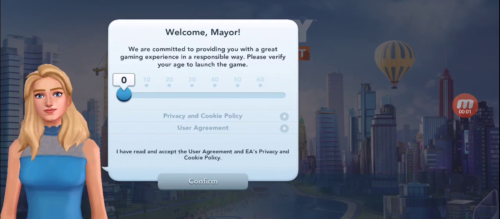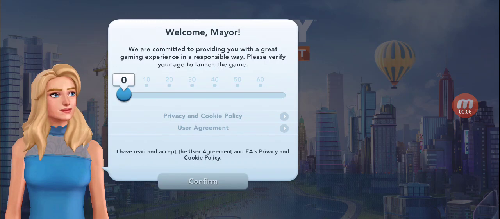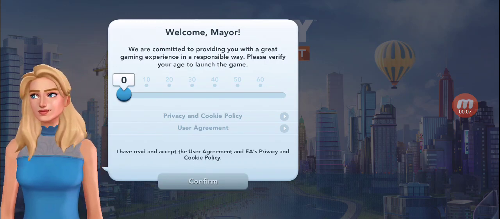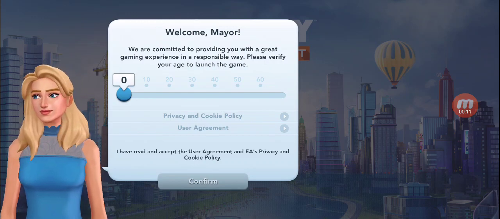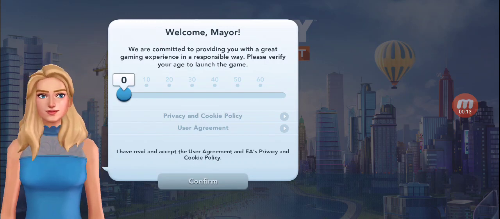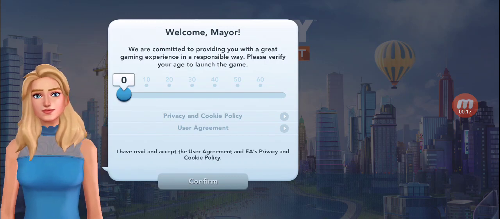So this video is going to be about how to connect your save data on a new device, or retrieve save data on a new device, or whatever the case may be. I don't care if you're using Apple, Android, whatever, the concept is the same. Now, when you pop up on this screen, and mind you, I bought a new phone 2 days ago, and